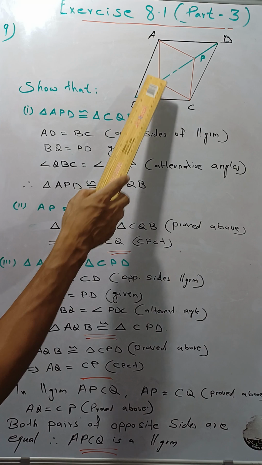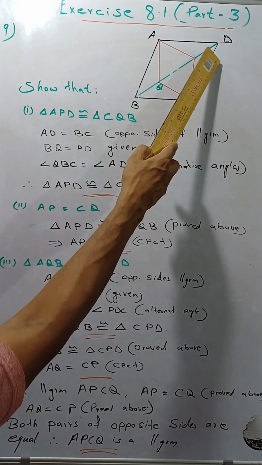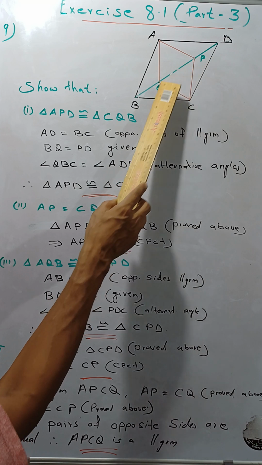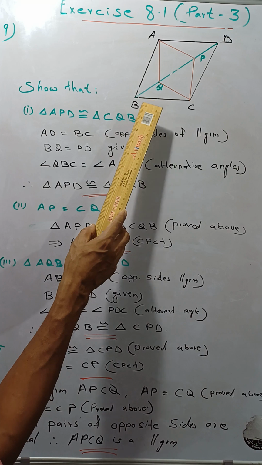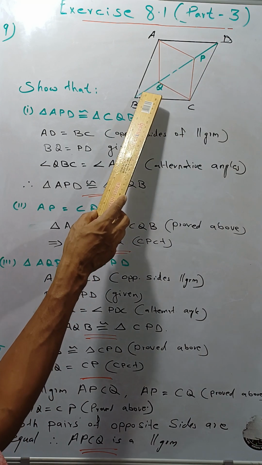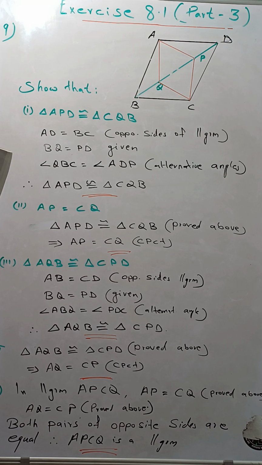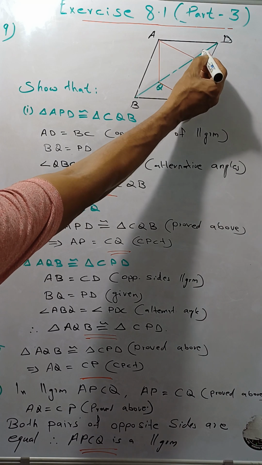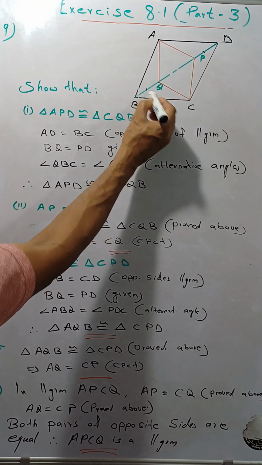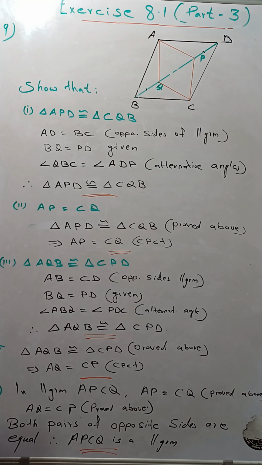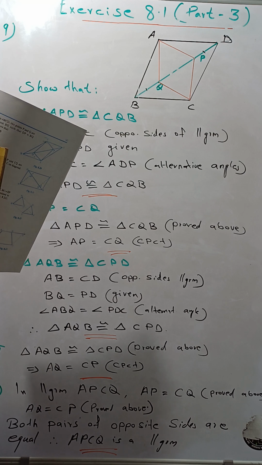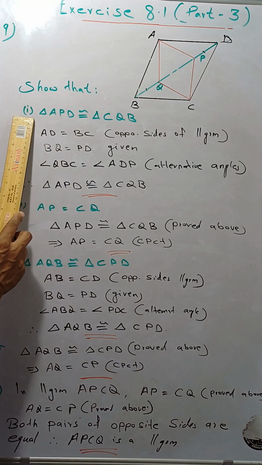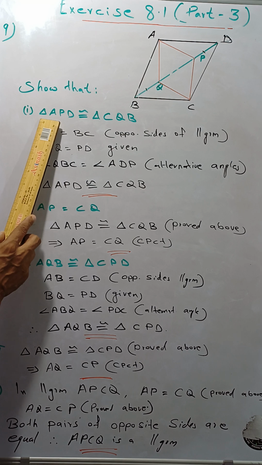In a parallelogram ABCD, two points P and Q are taken on diagonal BD such that DP is equal to PQ. These both are equal. It is given that DP and PQ are equal. Then show that: there are 5 questions. In the first question, show that triangle APD